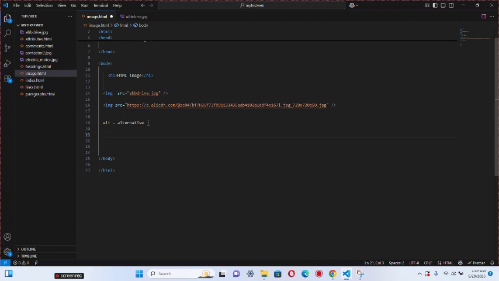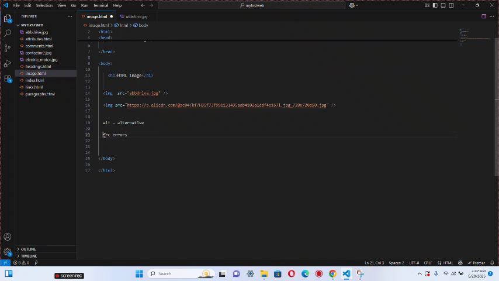For example, if the image you put on your website did not load, then it will bring out either the name of that image or any alternative name you put there, telling you that the image did not load. What can make an image not load? If your network is slow or you have